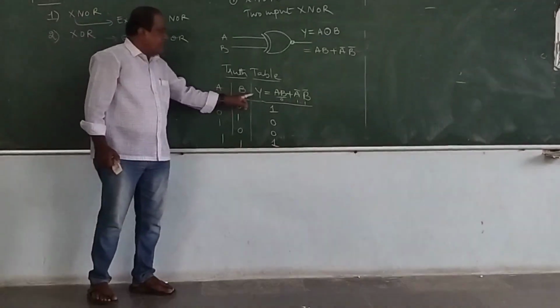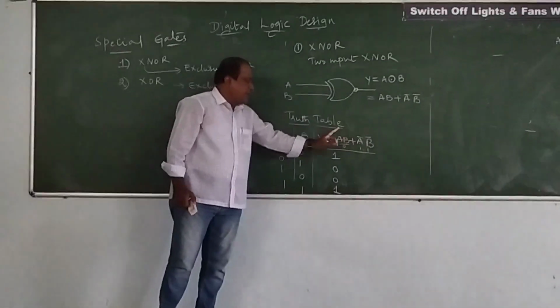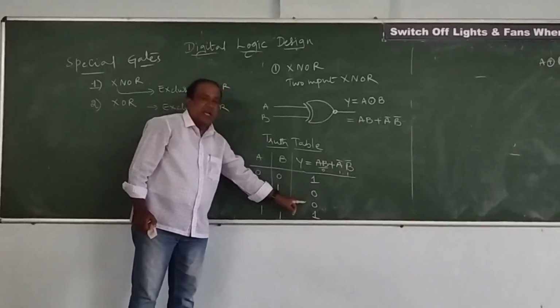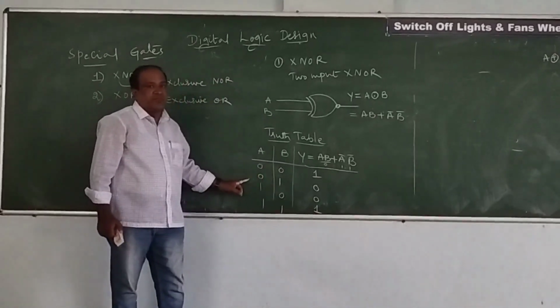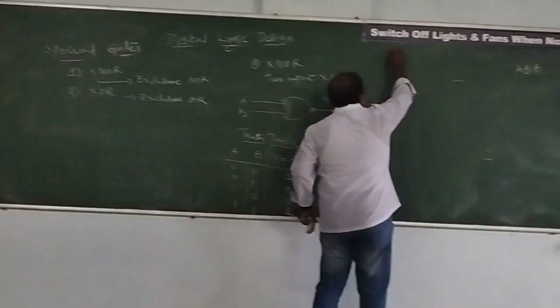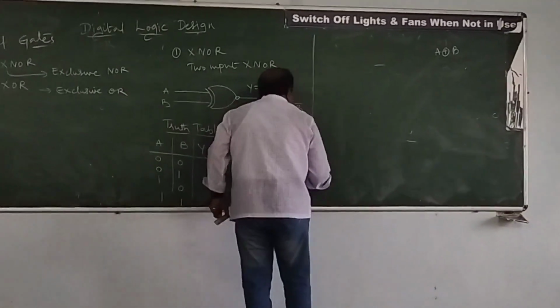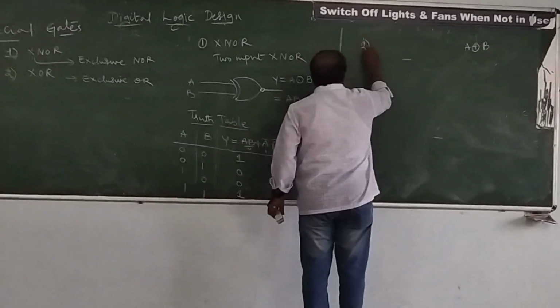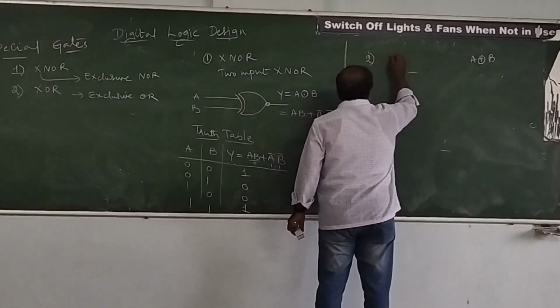So now here you can see the y is equal to AB plus A complement B complement, and we have built the output values for the combination of the inputs. Now similarly, we can also study the second special gate operation, which is called the